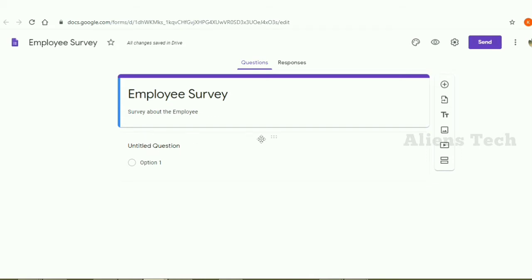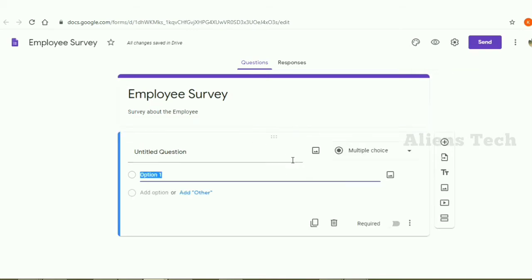And once you're done, we can see that Untitled question. This is the question section. Here you need to provide all the questions that you want to make for the survey, or any relevant answer for it. Here you need to provide all the necessary questions by clicking the question tab. Once you click it, you can have all the relevant details related to that question.